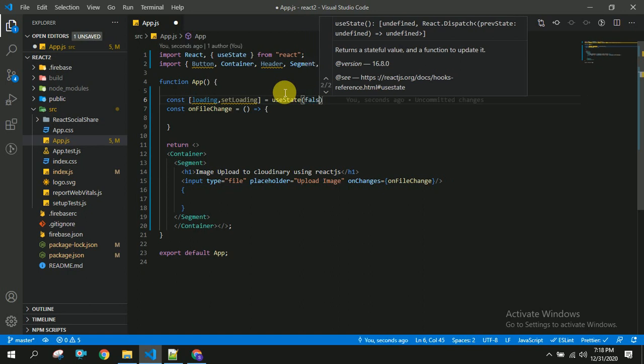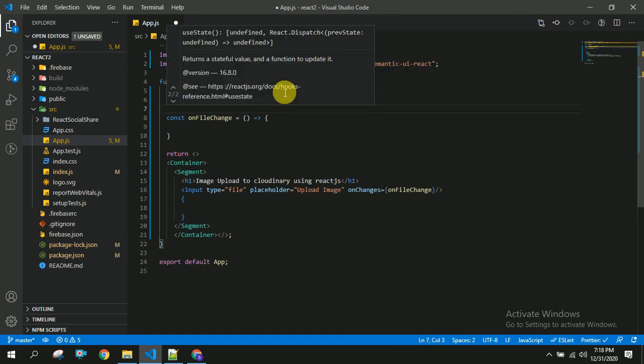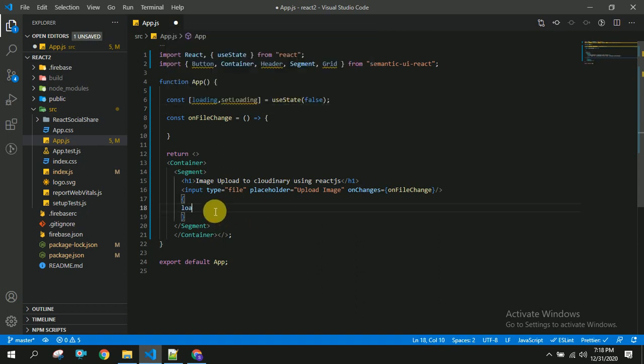And if this loading is true, then we have to show loading, and if it is false, then I am going to show some image what user has uploaded. src equal to as of now empty, and style equal to, I am giving some width of 300 pixels.